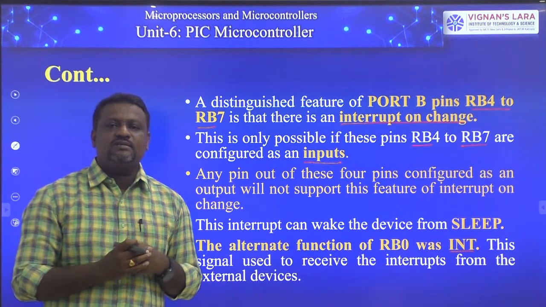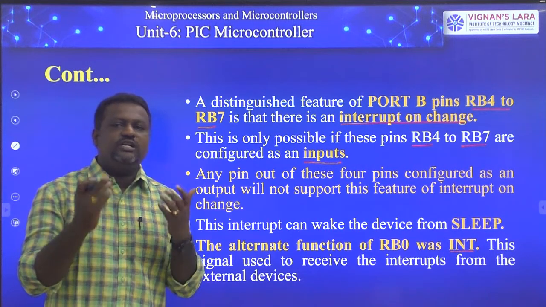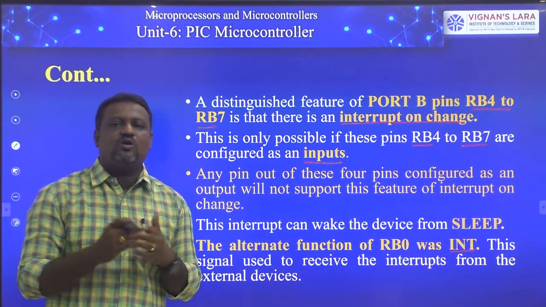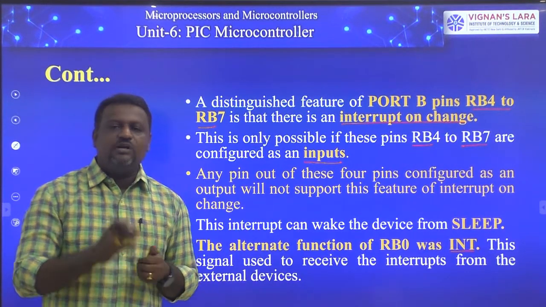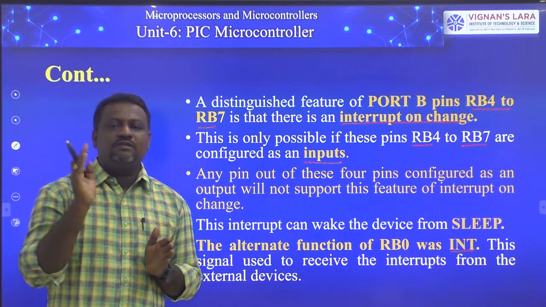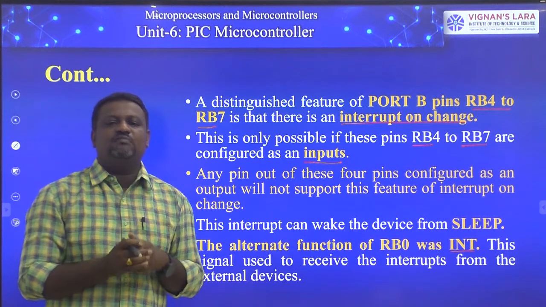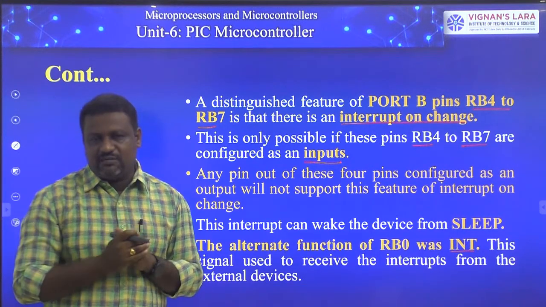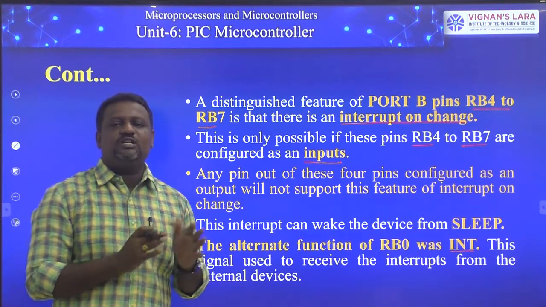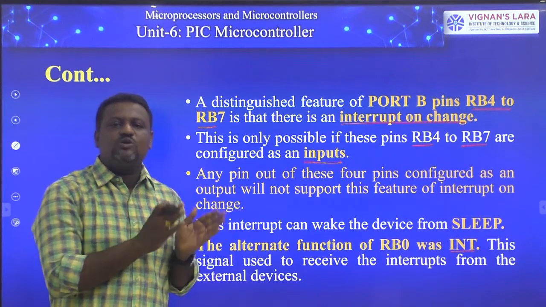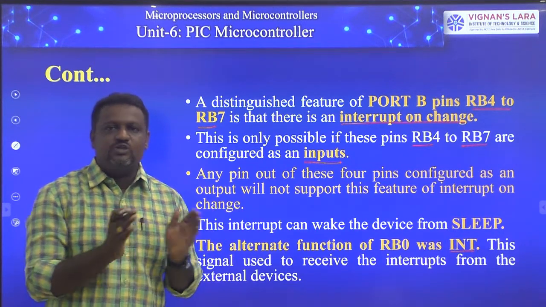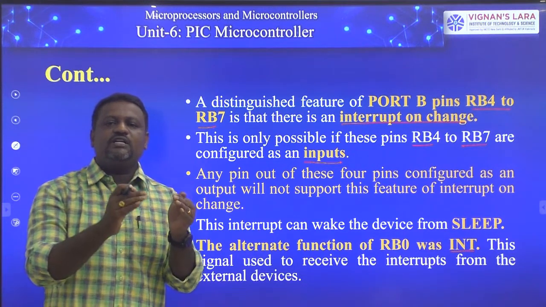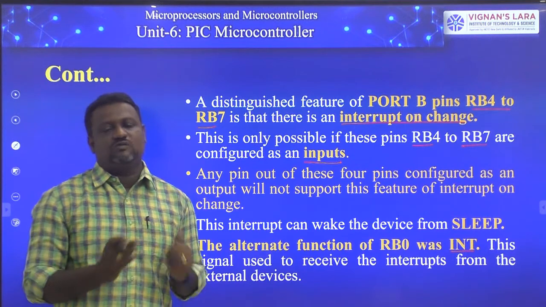And one more thing is, port B has one more interrupt that may be generated, that is the interrupt on change, also called the port B change interrupt. It occurs only when the logic level of any signal of port B, RB4 to RB7, changes, once they are defined as input. So this port B change interrupt does not exist for the RB0 to RB3 case. It only exists for RB4 to RB7. This interrupt wakes our device from sleep mode.